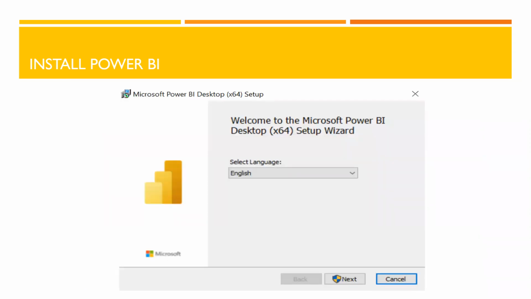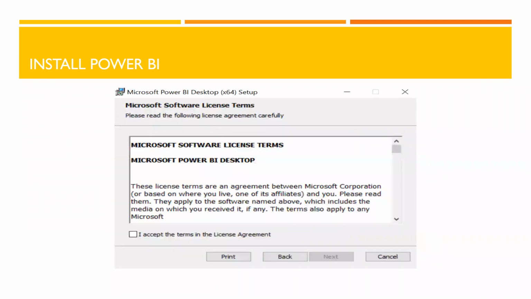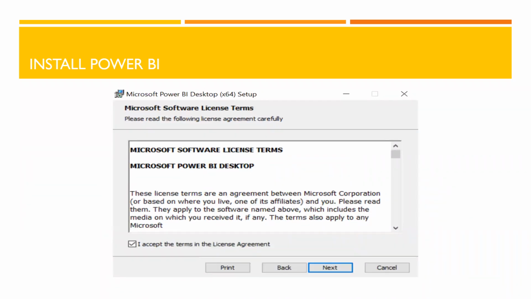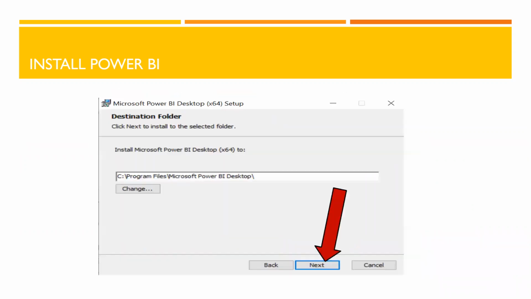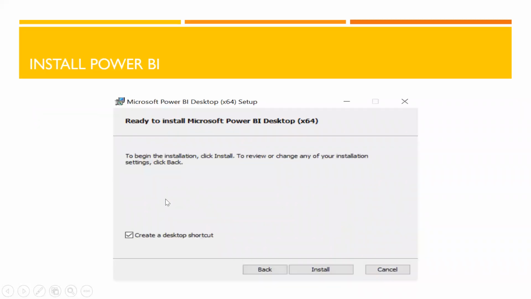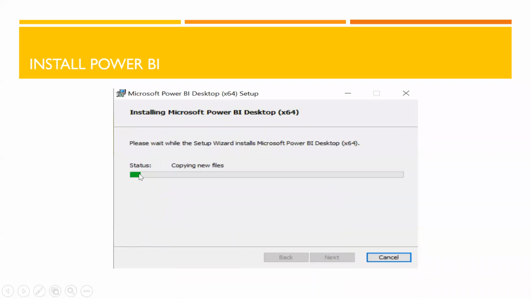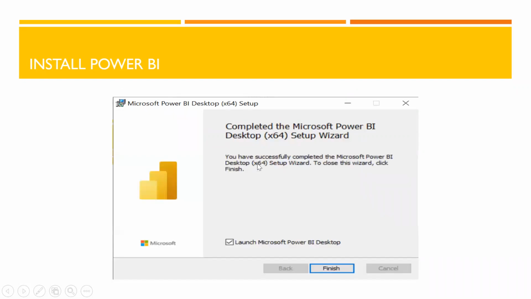After double clicking, you can simply install it like any other software by clicking next, then marking the checkbox that you accept the license agreement. Then next will get unlocked and you have to click over it. Then you have to mention the location where you want to load it, most probably in C drive, anywhere you can load it. Okay. After that, click on next, then click on install. After that, all the files corresponding to Microsoft Power BI Desktop will get copied, and you have to finally click